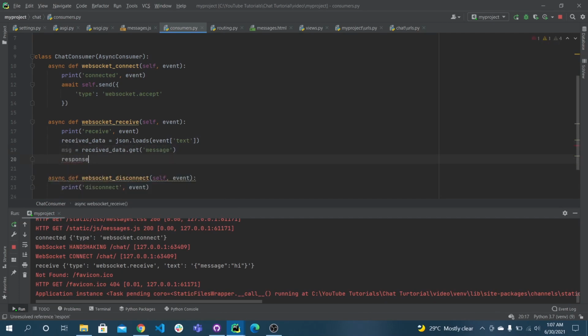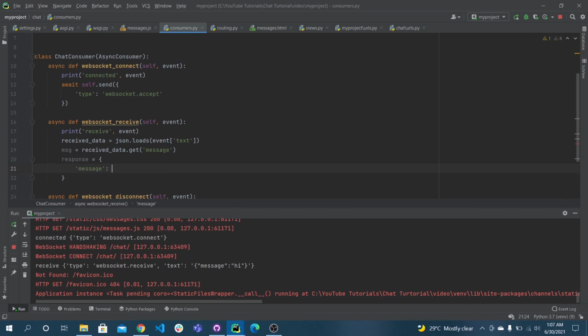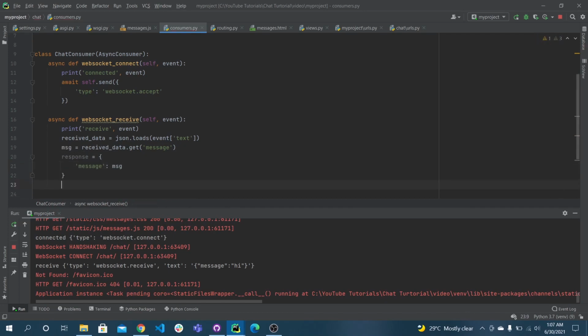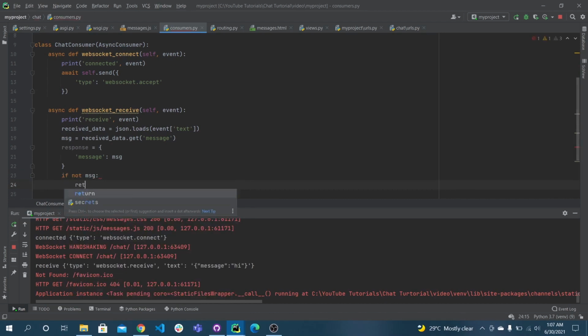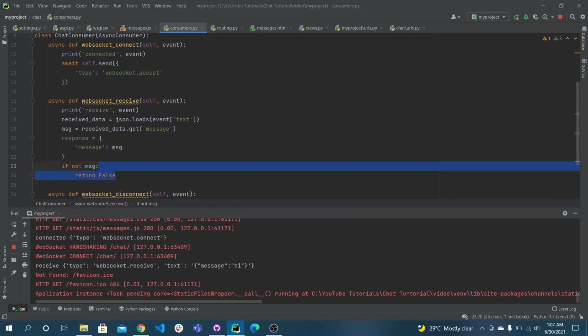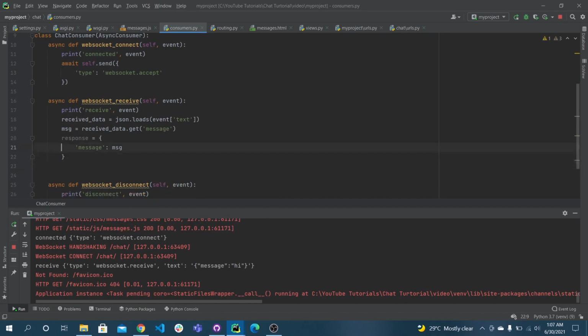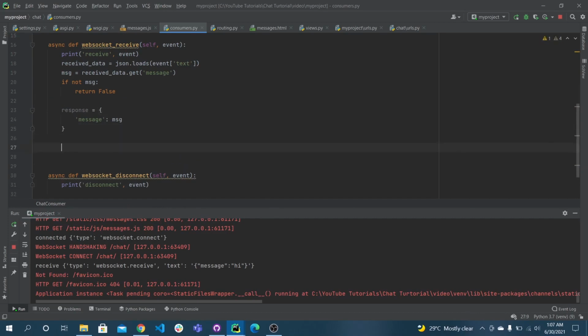I will create a response object which simply sends the message to the front end again. If not message, we will simply return false. Yeah, we can optimize this a little bit. We can write this here itself, and we need to send the message to the front end again.